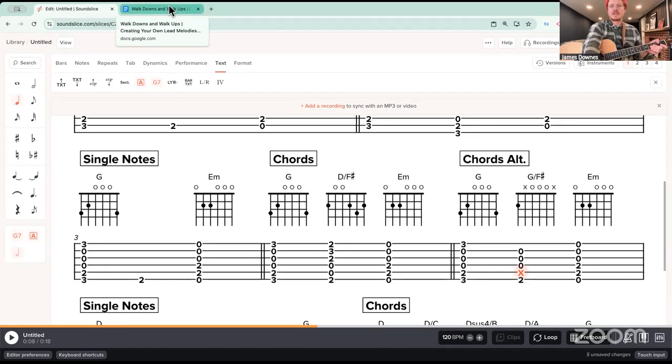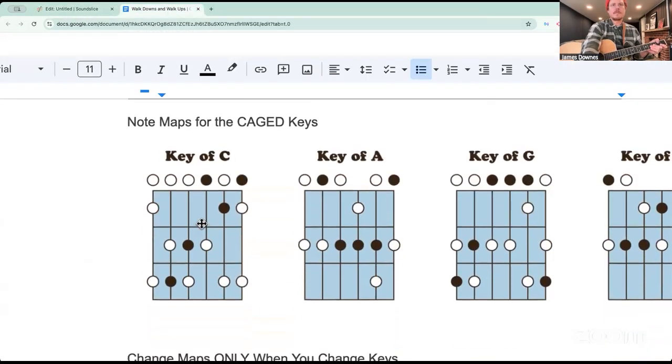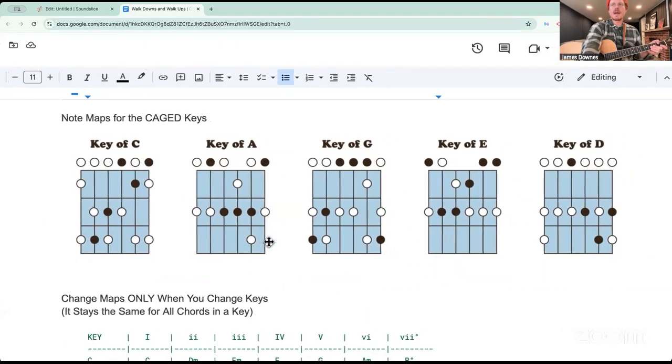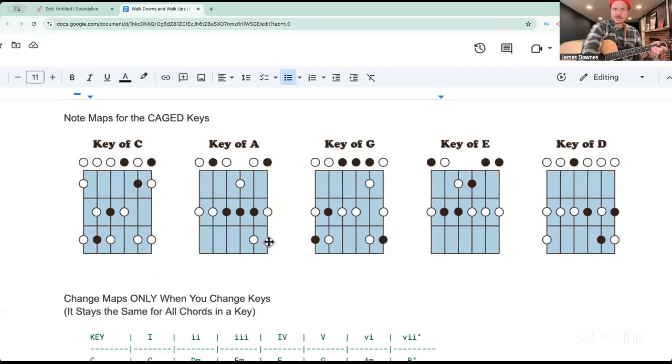All right. So let's go to the maps, the note maps. Now let's go back to the analogy of the stones in the stream, or the lily pads, or whatever you want to think of it as. So the fretboard writ large is the stream, and the notes within the key are the stones. What you're looking at here looks a little nuts, a little complicated, but I want to mention that this is just the 7 notes of the scale that the key is based off of